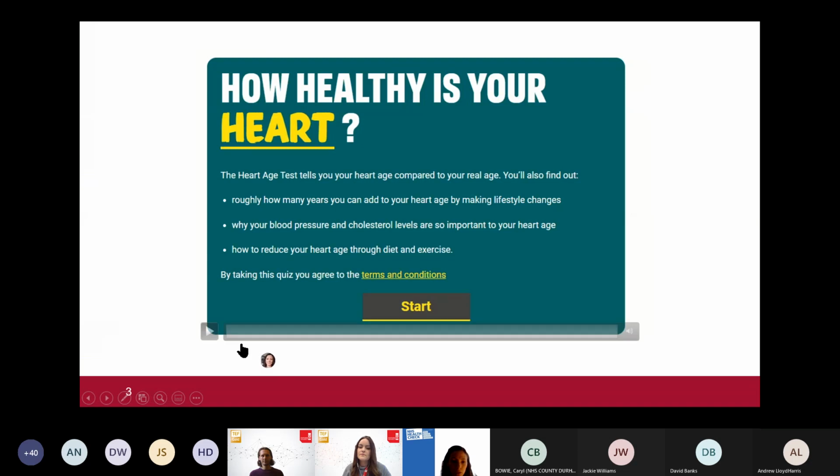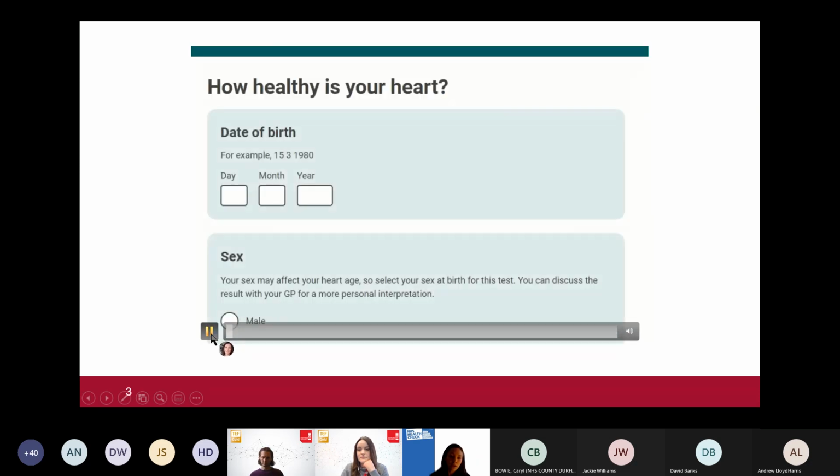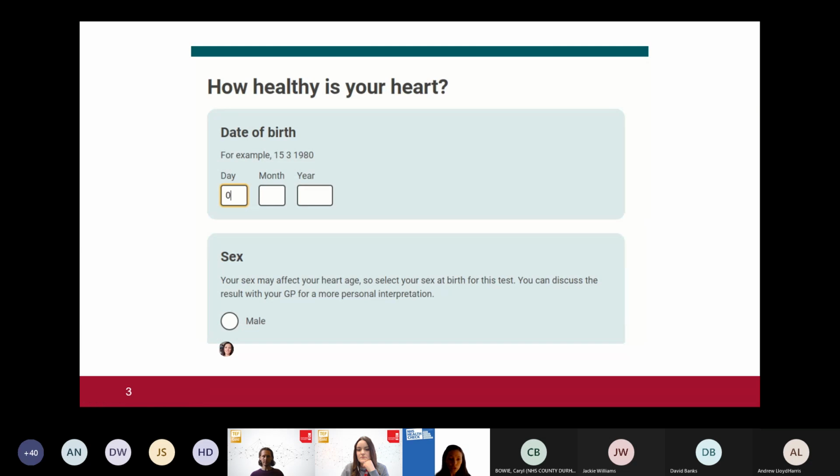There we go. Great. So for those of you who may be familiar with the heart age test, a bit of a refresher, and those of you who've maybe not seen it for a while or haven't seen it before, this is what it looks like when you go online to fill it in. So you can see that the user then has to input some information, so date of birth, and